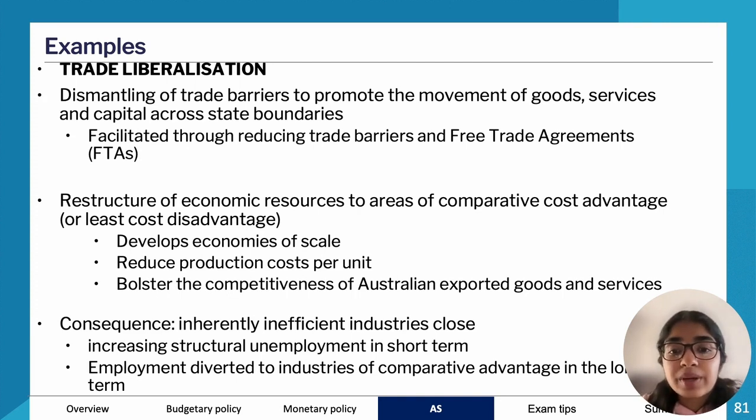So let's say because we have such great natural resources, for example, we have good access to coal, we have lots of land for agriculture, growing livestock and all of that. So that gives us a comparative advantage over another country. So for example, let's say Japan, which doesn't have as much land to work with. So this means that we have a comparative advantage to trade goods and services that we are good at producing. And then we can buy goods and services that other countries are good at producing. So for example, Japan is very well known for its good technology. So we can import their technology and we can export our agriculture, livestock and so on.